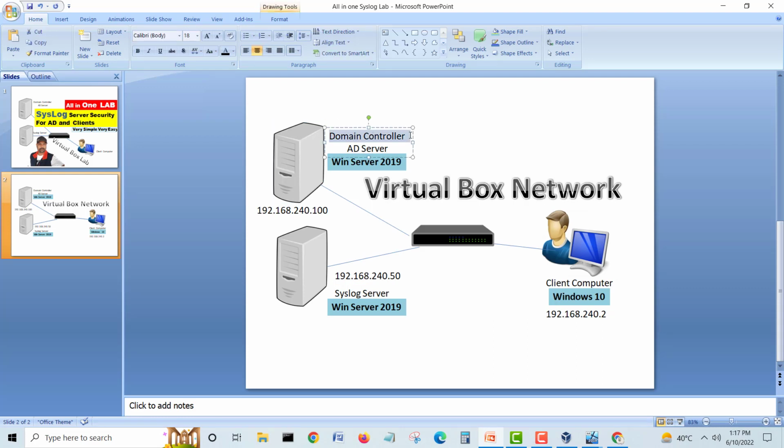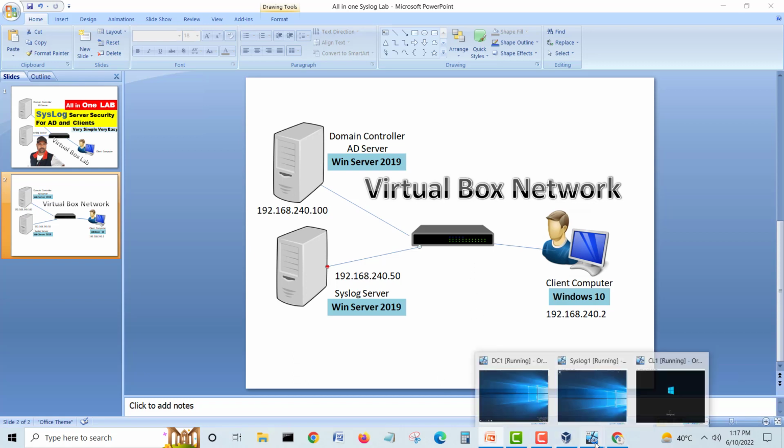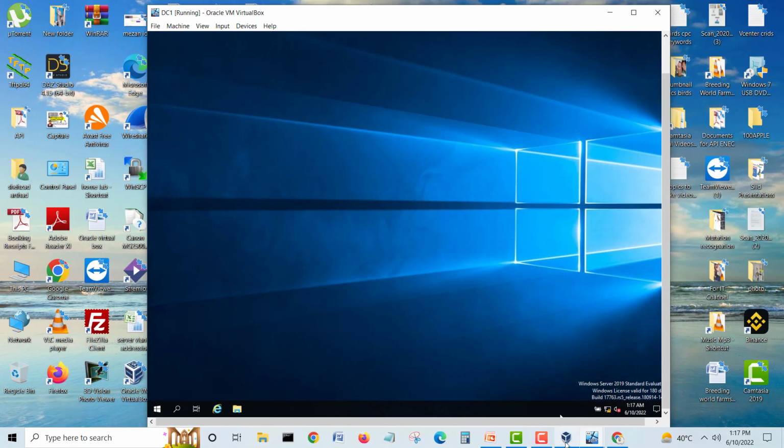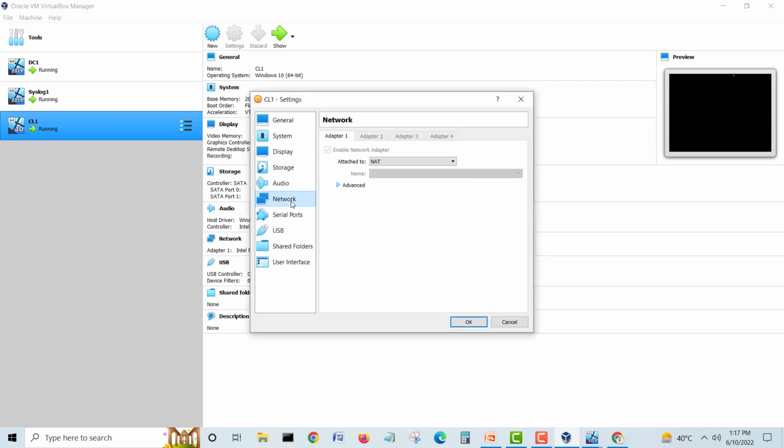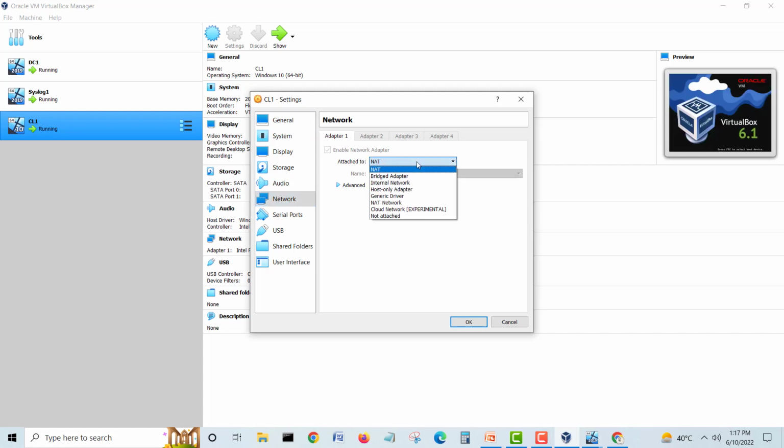So we will install the domain controller. Before that, we will double check that our NIC card is already installed and connected with the virtual switch which we created before. So let's go into DC, go to the settings and see the network adapter. It's attached with NAT. So we will change it to